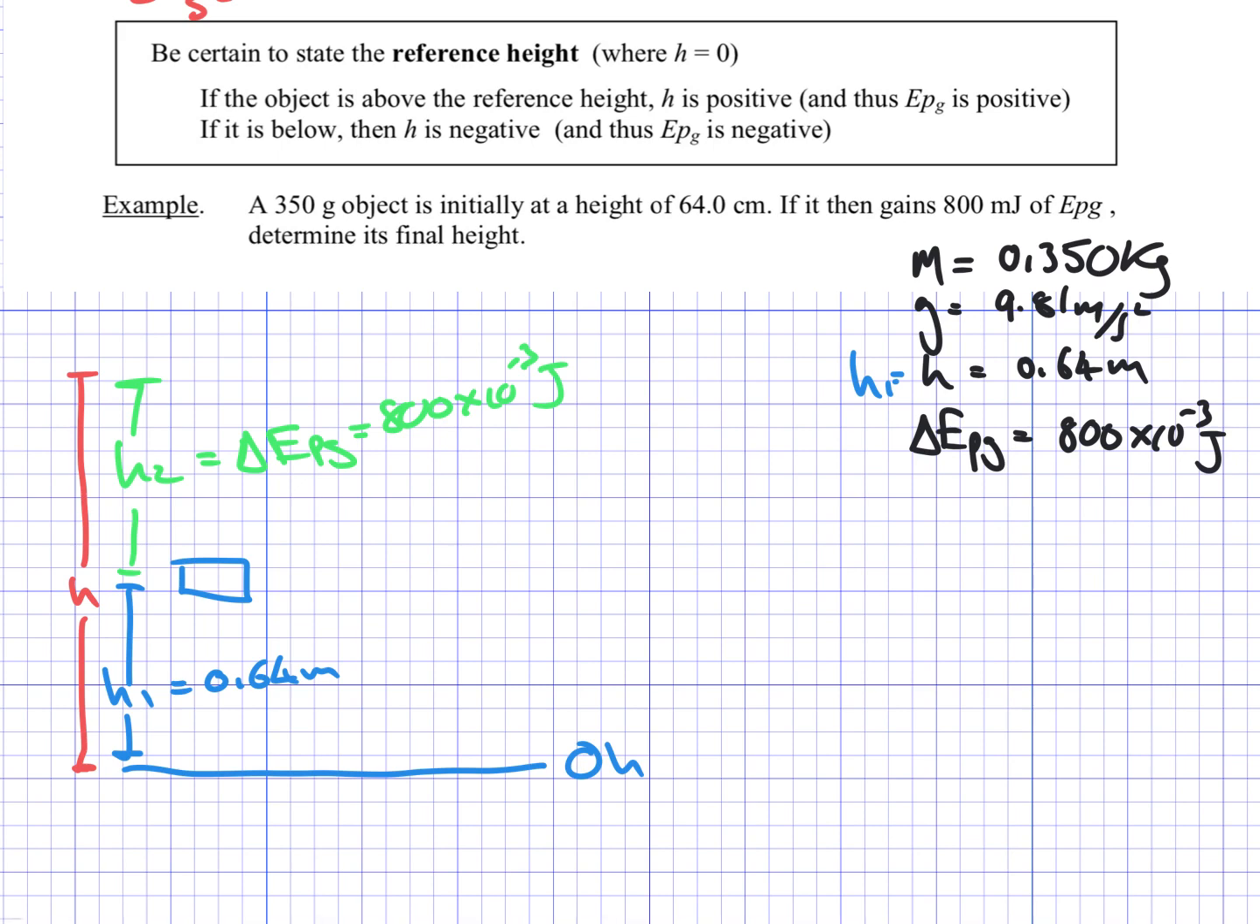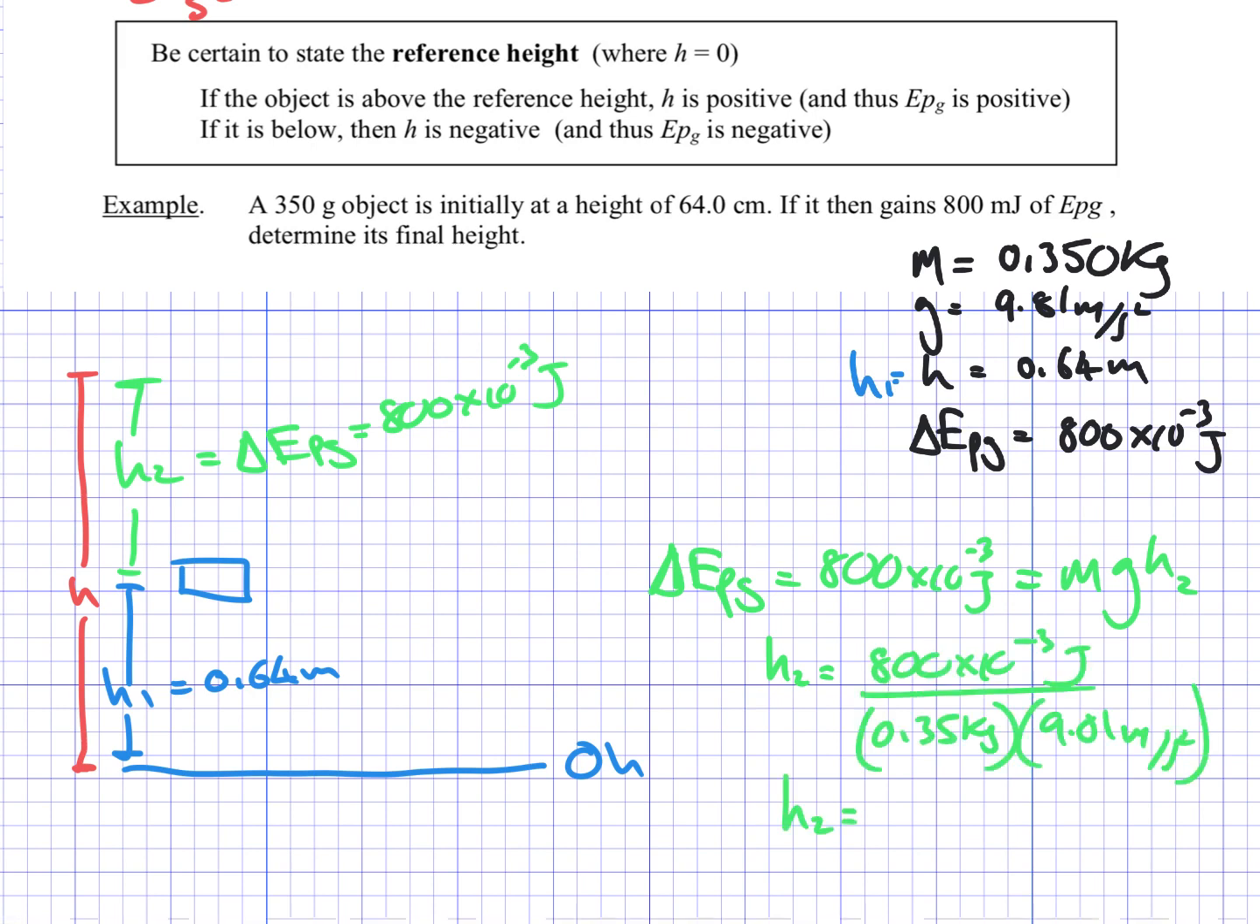We're saying that the change in this gravitational potential energy is 800 times 10 to the negative 3 joules, and that's going to be equal to the mass of the object times gravity times h2. All right. So that means that h2 is going to be 800 millijoules divided by the mass times gravity. And when we put those numbers in, we get